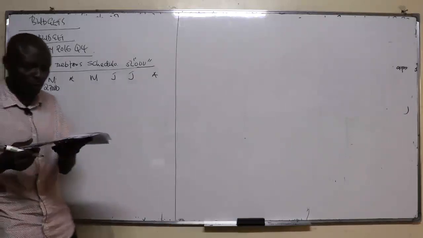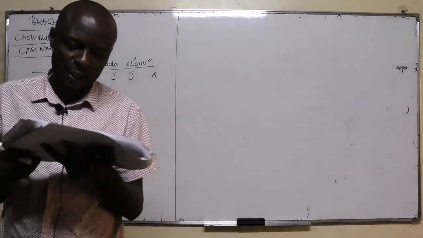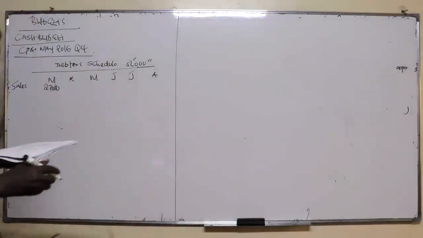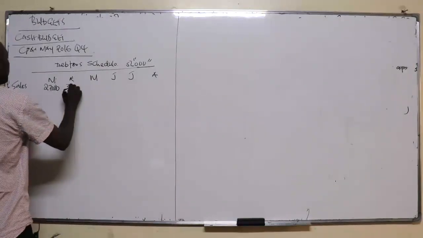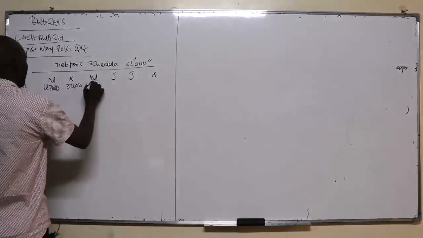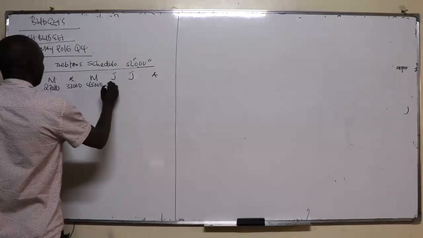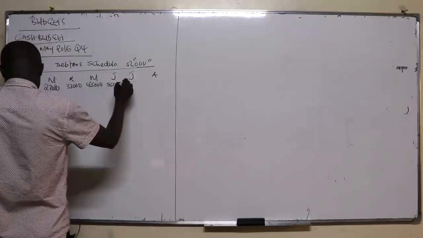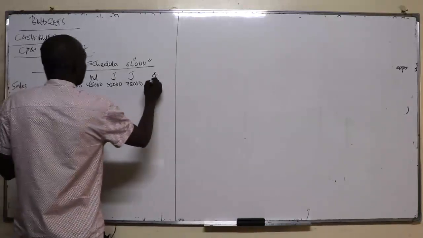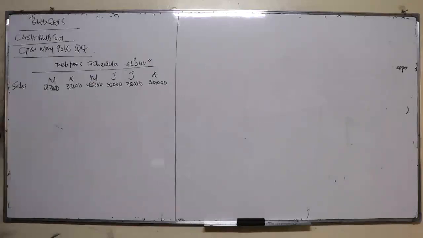The sales for the month of March, in note number 4, is 27 million or 27,000. Then April is 33,000, May we have been given is 45,000, June is 55,000, July is 75,000, and August is 50,000. So these are the sales values.